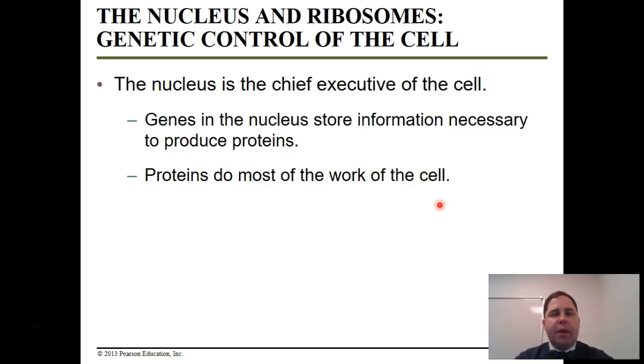So going from that cell membrane, let's go all the way into the middle now and talk about the nucleus. So the nucleus is going to be the part of the cell that directs the cell's action. And it's going to direct that action using genes in the nucleus. Genes are simply portions of nucleic acid that have a specific set of instructions. So we will talk about this later in the year, but a gene is a specific instruction or a specific recipe to make a protein. Since proteins do most of the work of the cell, when the nucleus stores those genes, they are ultimately what's driving the direction of the cell.